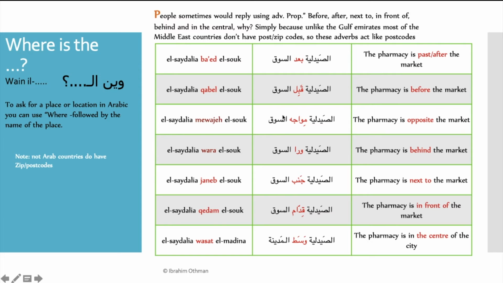So these actually: ba'd, after; qabl, before; muwajih, opposite; wara, behind; janb, next to; quddam, in front of; or wasat, in the middle. These are actually the postcodes, guys. Why do we look at them? Because if you are asking people for a place, they would genuinely use these adverbs or prepositions in order to guide people. So if you're asking for the pharmacy, where is the pharmacy? You would say wein al-saydaliya. And sometimes people would reply al-saydaliya